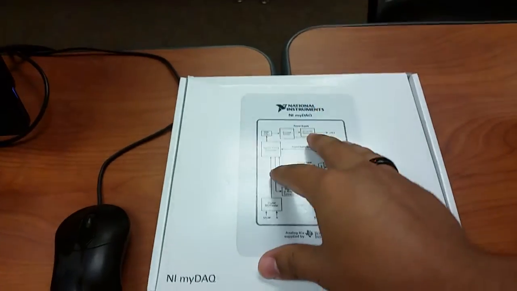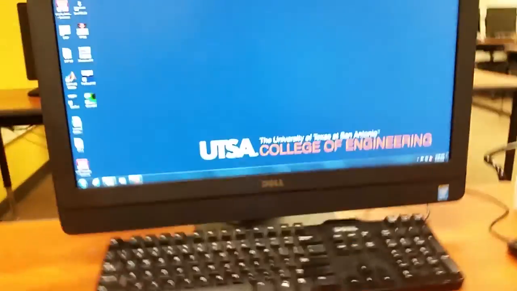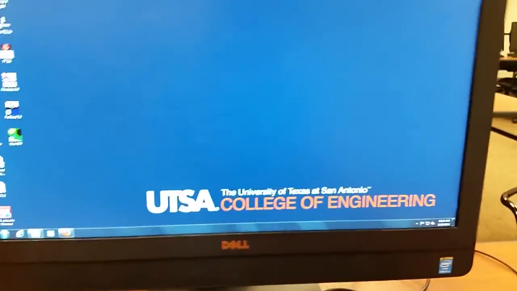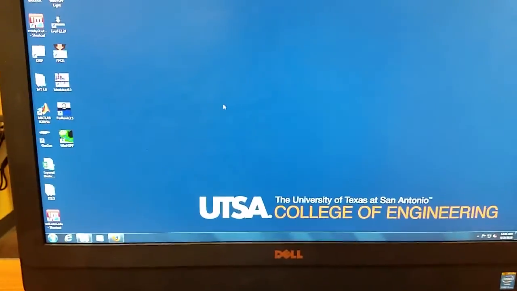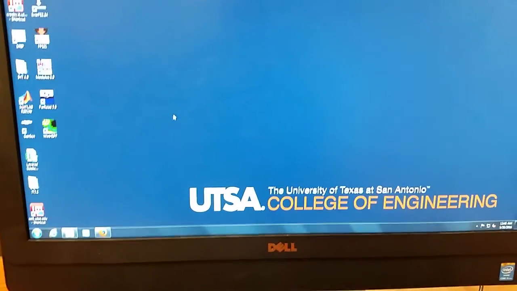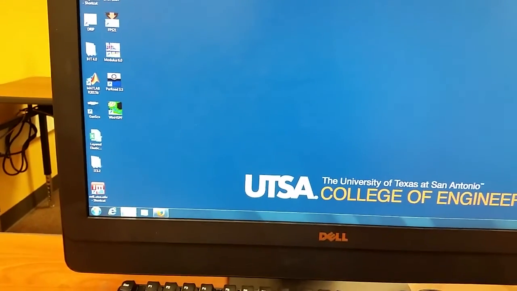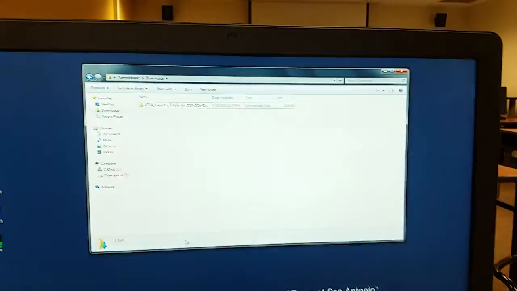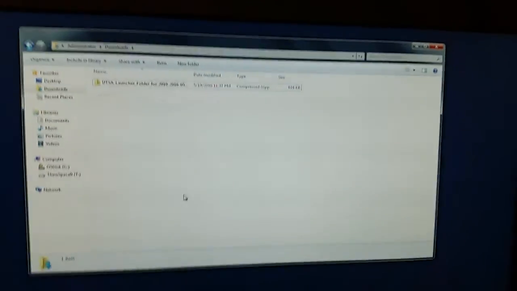So these 3 are going to be made possible again, like I said, with the NI myDAQ. This will be the middleman between these experiments and the computer. So on the computer end of things, we're going to begin with the software. So on wherever we'll be downloading the files from, whether we have it available on flash drive or if we